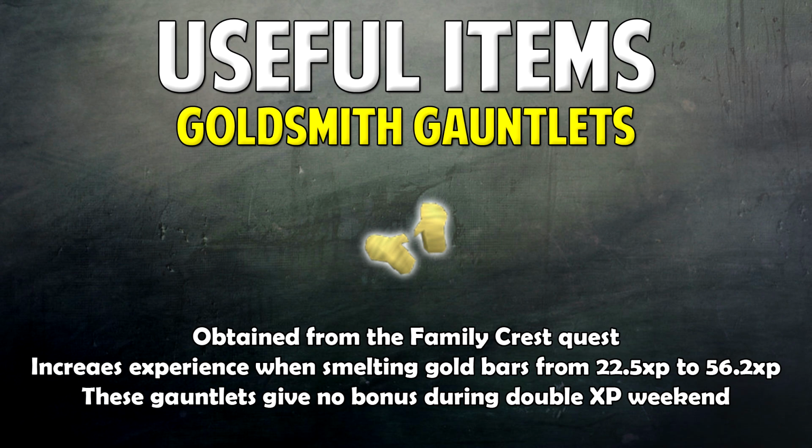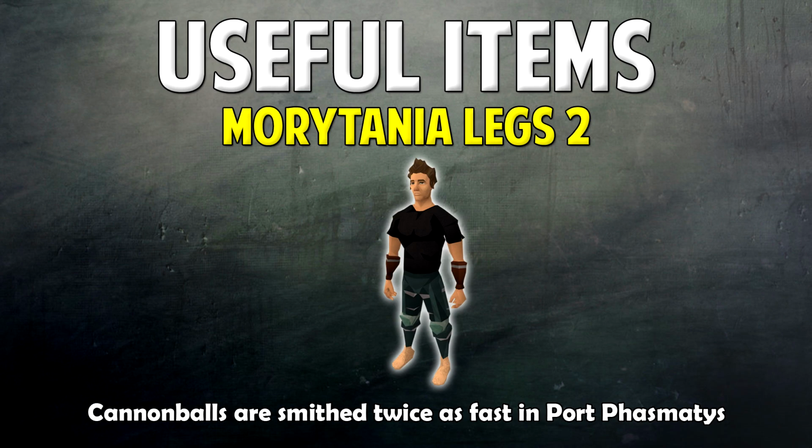the original amount. Mauritania Legs 2 are also a very useful item, especially when you want to smith cannonballs, because if you smith cannonballs in Port Phasmatys whilst you have these equipped, you will smith them twice as fast. So this pretty much means that you'll make double the money that you would have earned if you did not